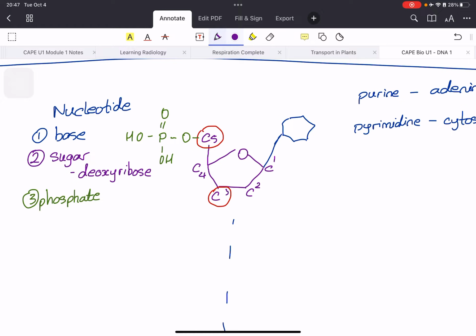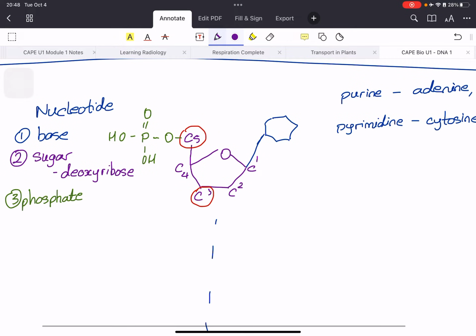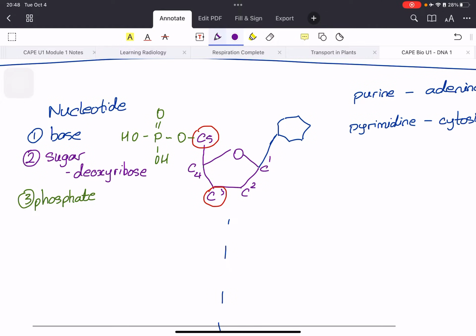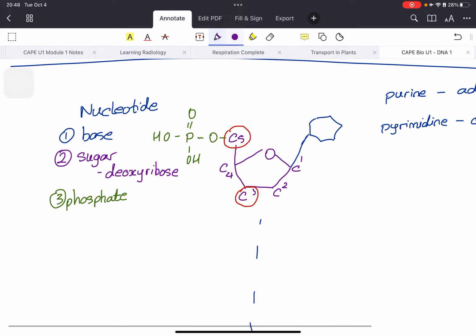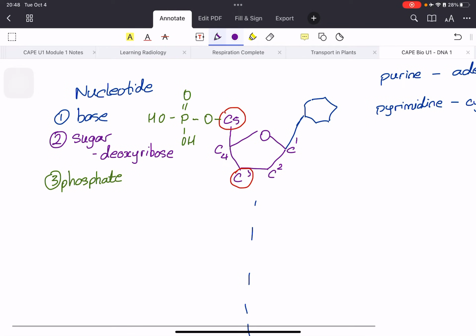Right, so the little molecule in blue there, you don't need to know how to draw exactly the base, right? Just know that that's how it looks, like a hexagon. In purple, we have the sugar. So in DNA, the sugar is called deoxyribose. That's what gives DNA the D, deoxyribose. The final part is the phosphate molecule, and that is in green, and it is bonded to the sugar